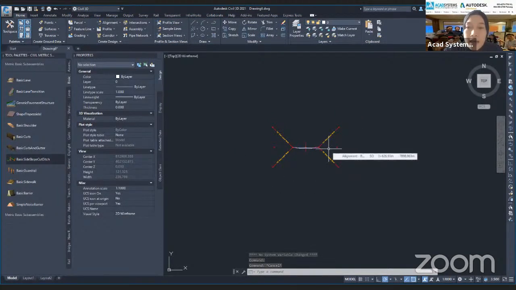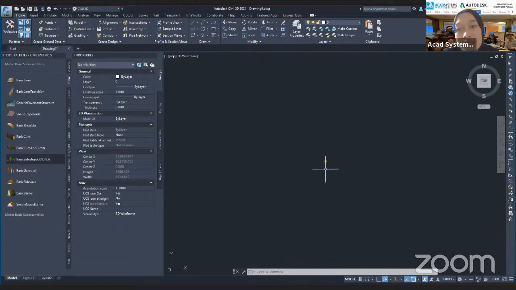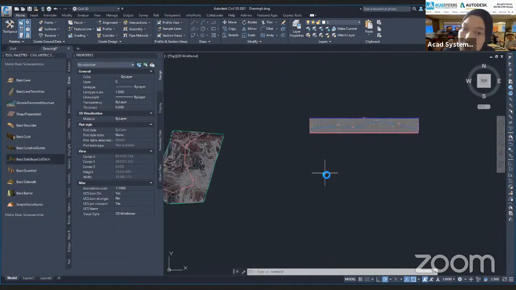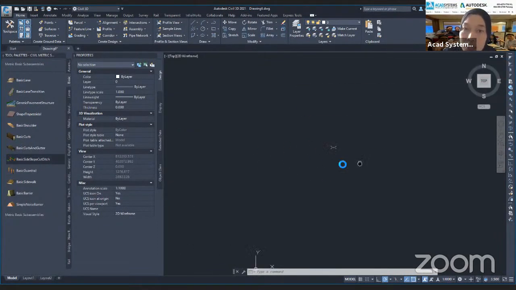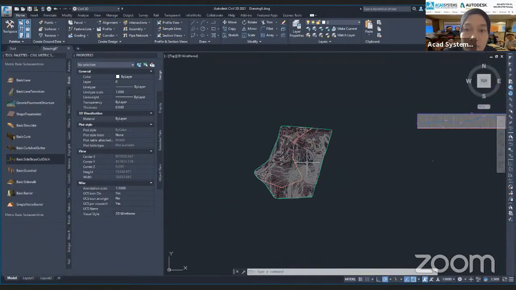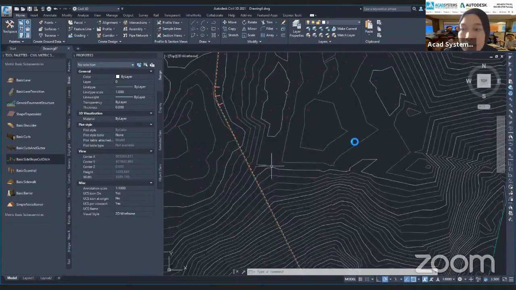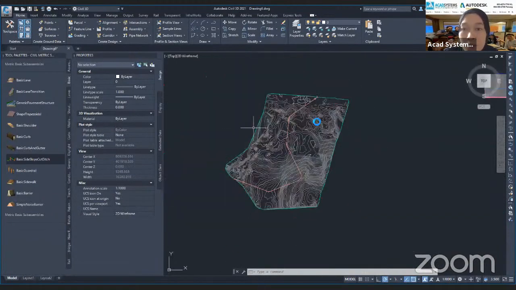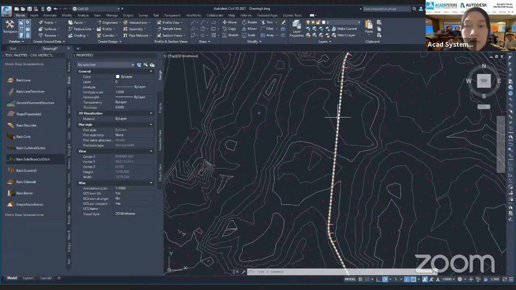So I think that is pretty much how we can create the road in Civil 3D. So if you want to see your lane, all right, that is on this section. Now I'm going to add the corridor on our